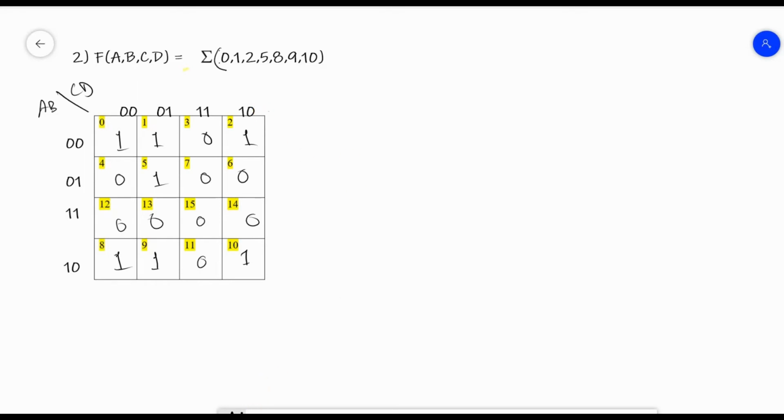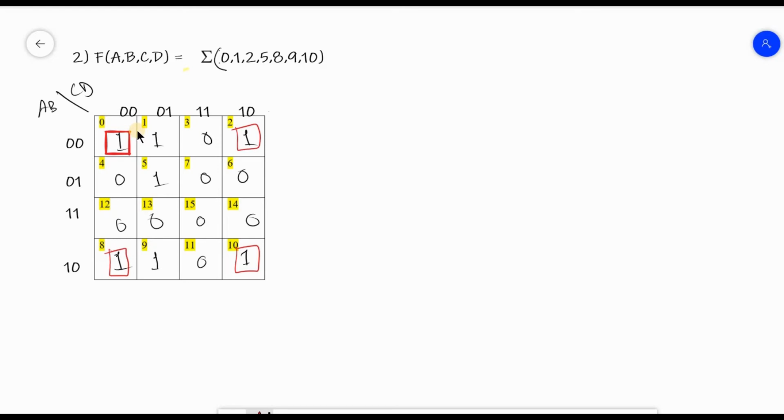Now let me form the groups. At first I can see that I have ones in box number 0, 2, 8, 10, and these are the 4 corners. I can easily form groups taking these. So one group is formed consisting of all the ones taken from the 4 corners, and I can also form another group